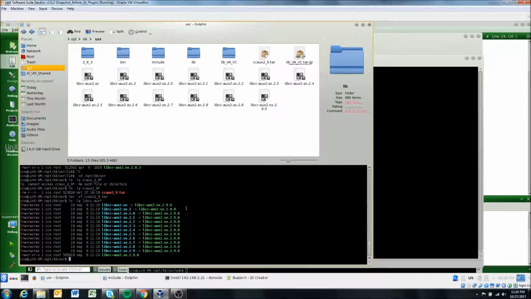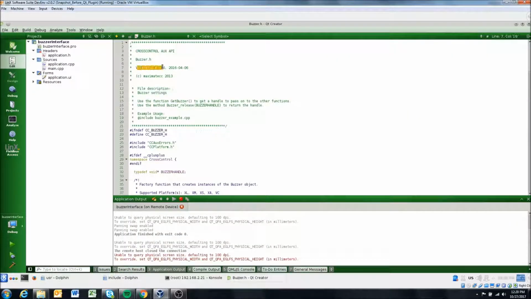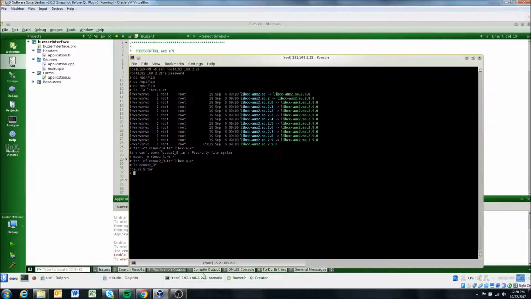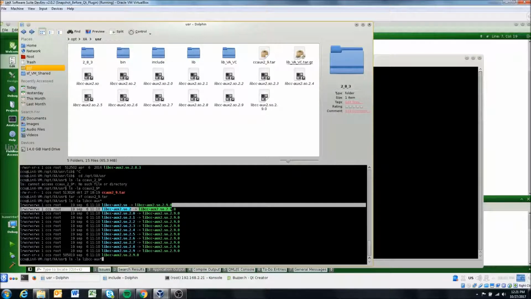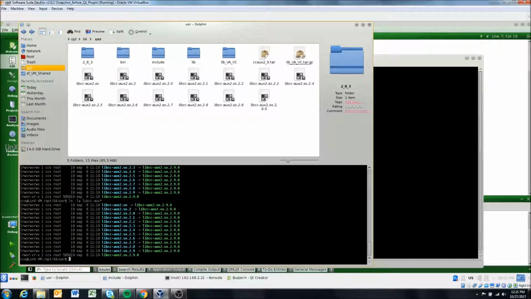So as we discussed before, the issue here could be that I do not have the 2.9.0 header files. I only have 2.8.3 header files. So that could cause me some issues. I would prefer to have the header files here on my virtual machine that match the libraries on my virtual machine. So since the VC is actually right now the only display that's updated to this 2.9, I'm going to turn it back to the 2.8.3, and we can see that,